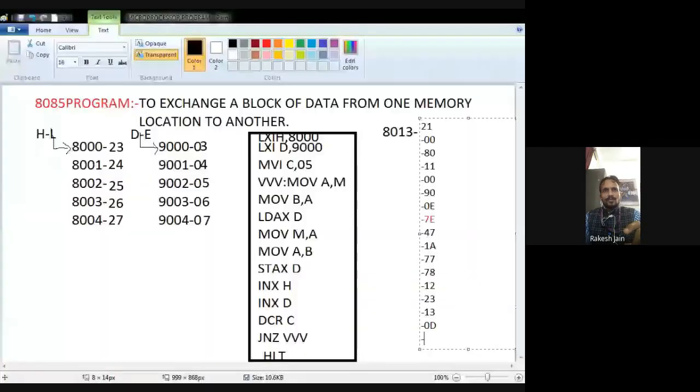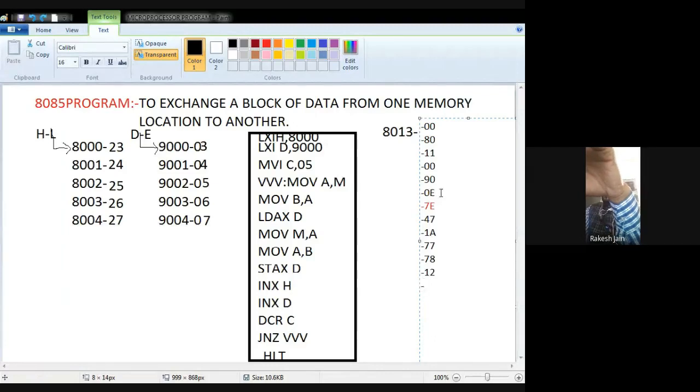So 23 is the hex code for INX H and 13 will be the hex code for INX D. Then DCR C is 0D. Then jump not 0, so JNZ. The hex code for JNZ is C2. C2 is the hex code for jump not 0.